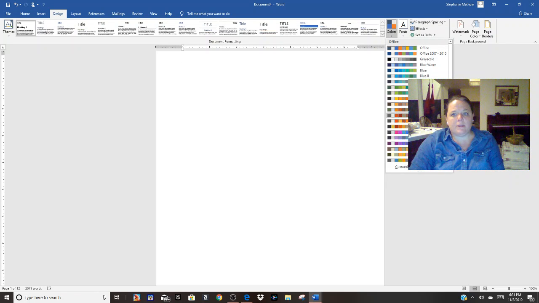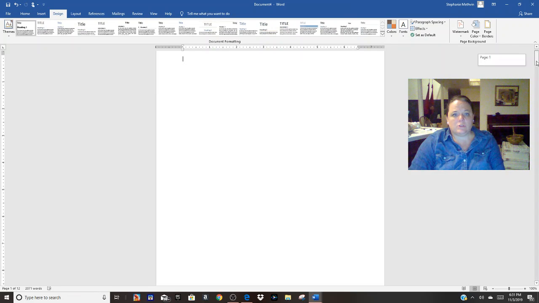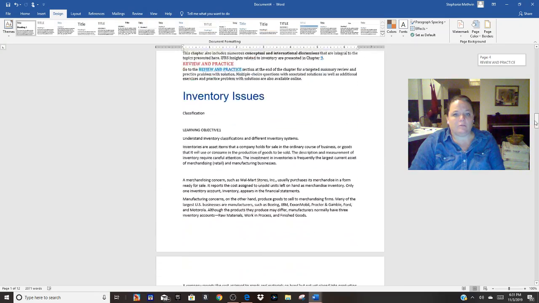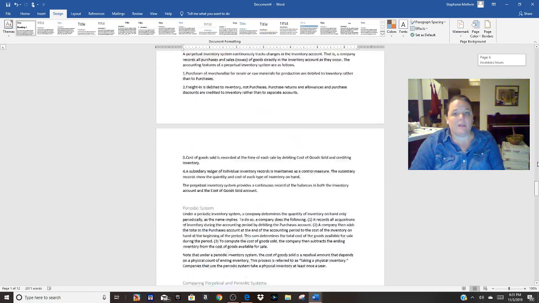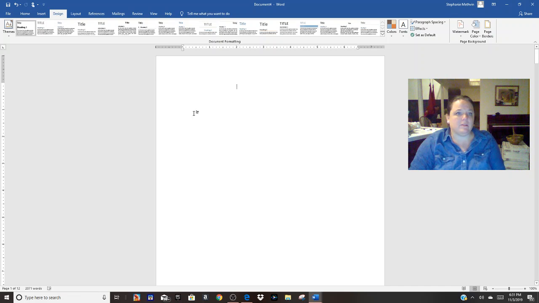You can decide to pick a different color scheme, and it'll change the way your whole page looks. I'm just showing something random, and it didn't affect this one hardly any, but it'll affect the way the rest of your titles and stuff flow out.